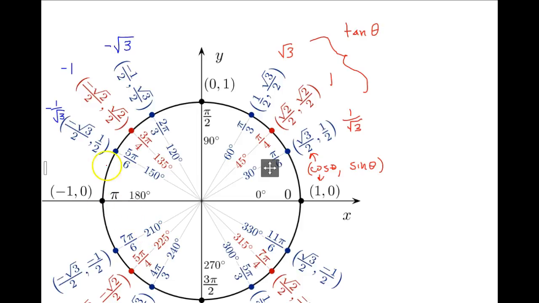But notice this line right here is also the same as this line right here. It just comes straight through. So the tangent is the slope of that line. It's the same line on both sides, so the tangent here is also going to be -1 over the square root of 3. You can just use that property to find out all of these different values for sine, cosine, and tangent. So a really great idea is to just Google search unit circle and then print one of these out. Have it with you when you're doing your homework, because you're going to need to know